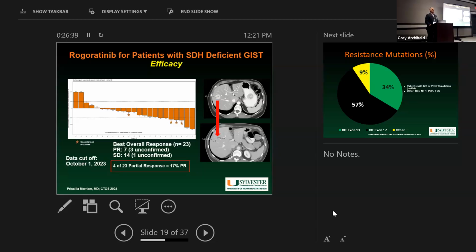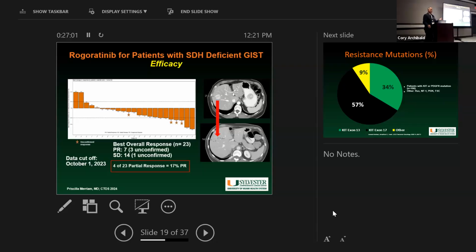And this is a medicine called rogaratinib. We have to practice these medicine names, at least I do at home. I have to practice them before I give a presentation. Nirogacestat had the hardest one. Nirogacestat was impossible for me to pronounce for a long time. But anyway,